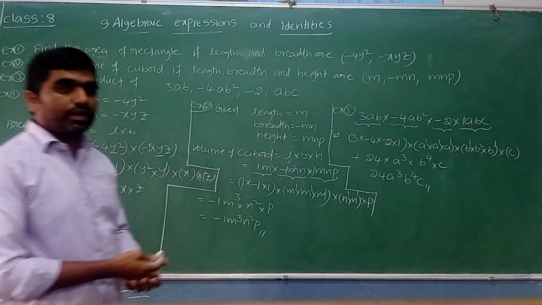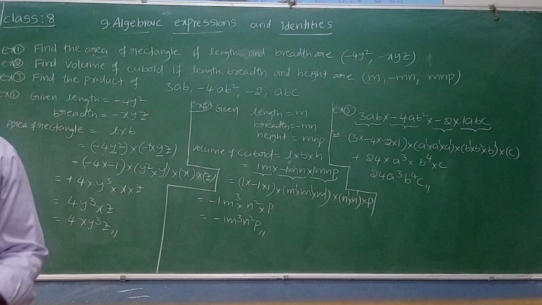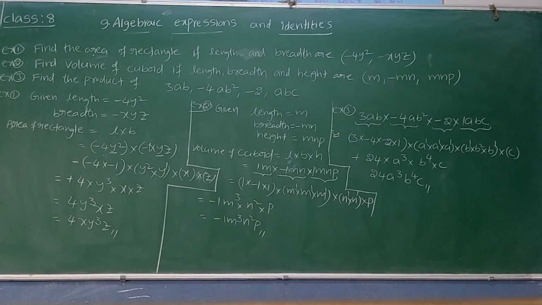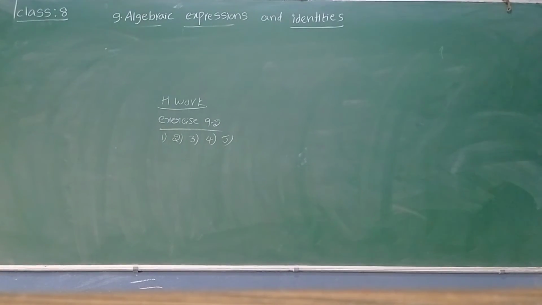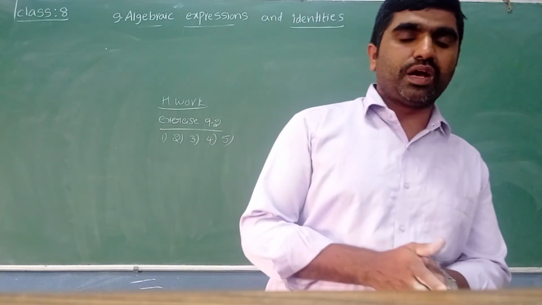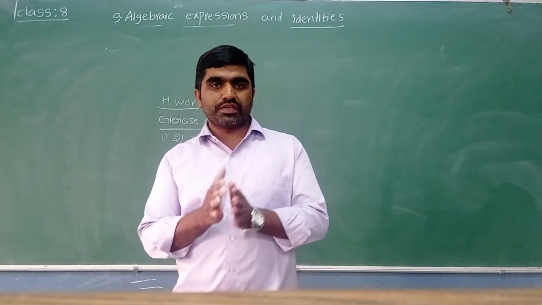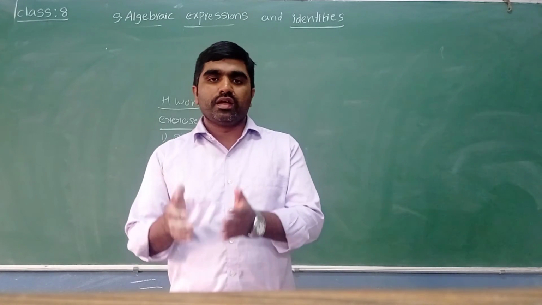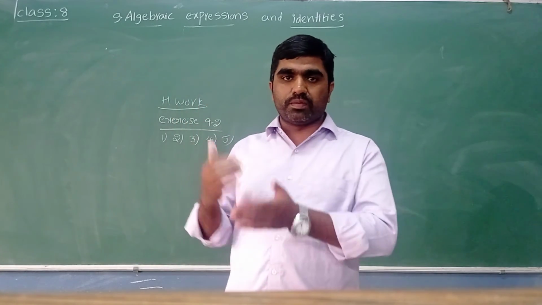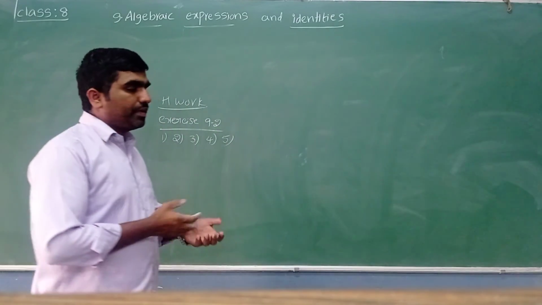So that is the way we can multiply the monomials. First multiply constants, then same variables. Children, hope it is clear for everyone how to multiply monomials. While multiplying monomials, first we have to multiply constants, then multiply the like terms, means same variables, and the resulting power is obtained by adding the powers. Hope it is clear for everyone.